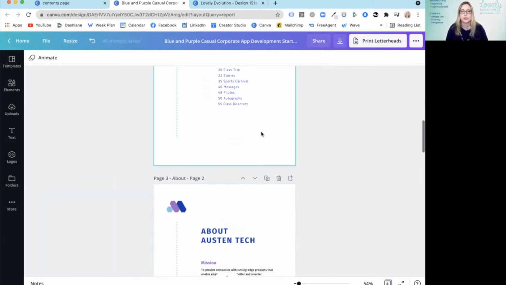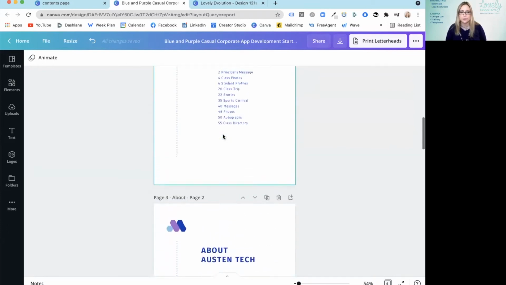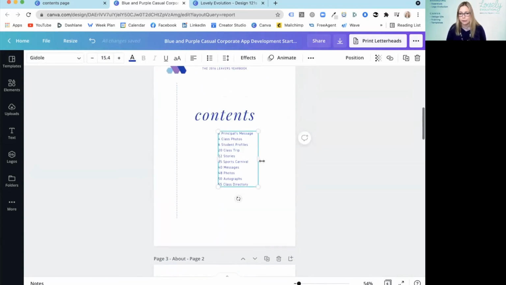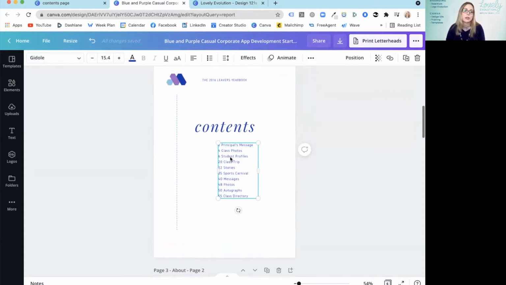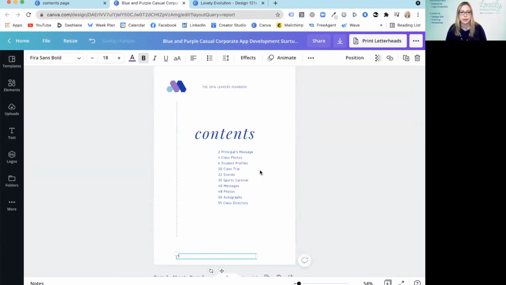So in terms of starting to make these clickable links, what you want to do is on the number. This is where we have a bit of an issue with the contents page: you don't want to have all of that in the same block, because you're going to want a text box for each page number. So if I grab that one over and put that there, move that in,